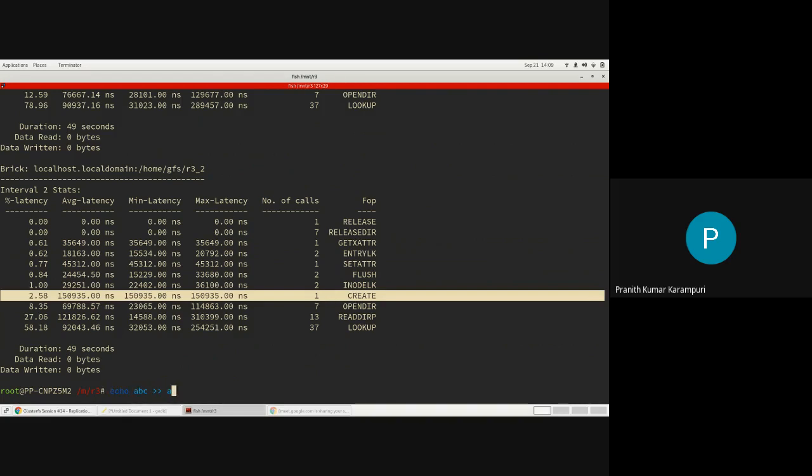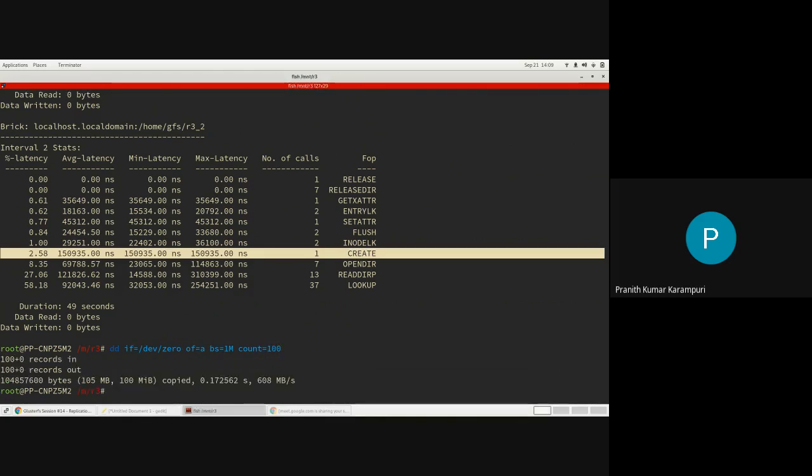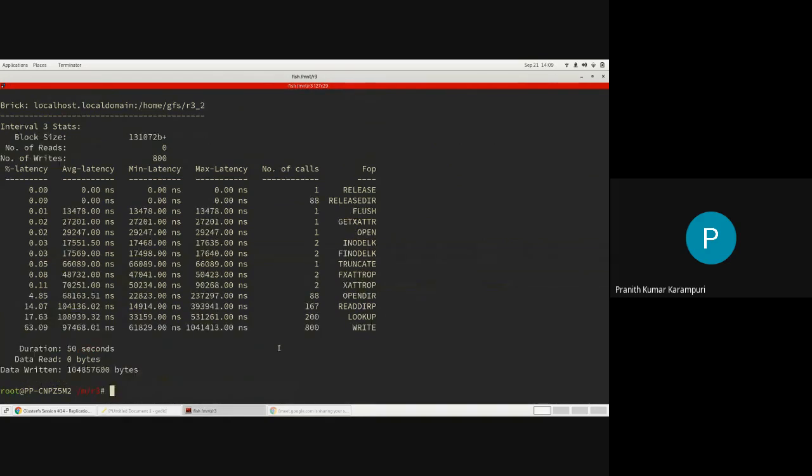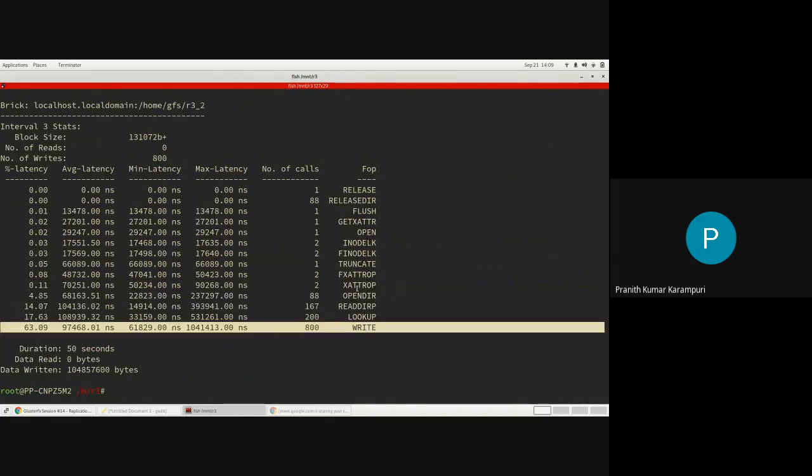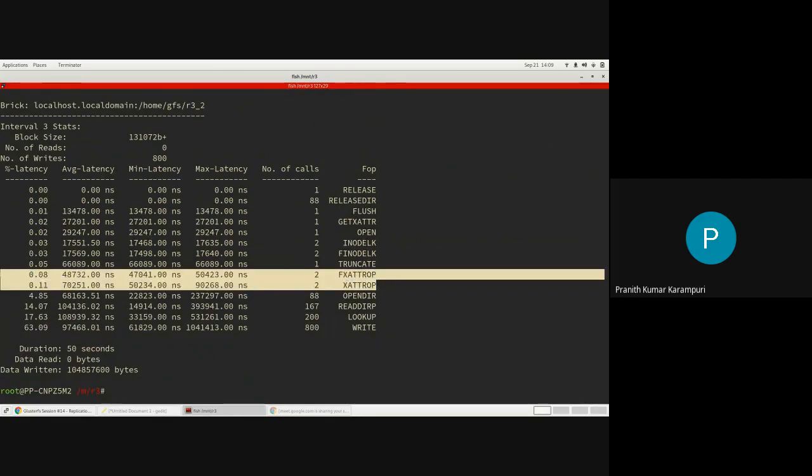You can actually observe this optimization even in the data transaction. Let's say we are doing a dd of 100 MB, which will have a lot of write operations. There were 800 operations, but the xattrops are still low.